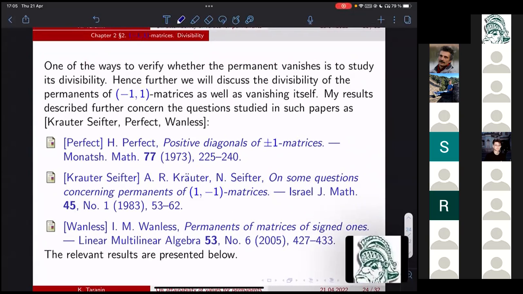And although this formula was not known 40 years ago, somehow scientists found, or guessed maybe, that it's convenient to try to divide the permanent of a -1,1 matrix by